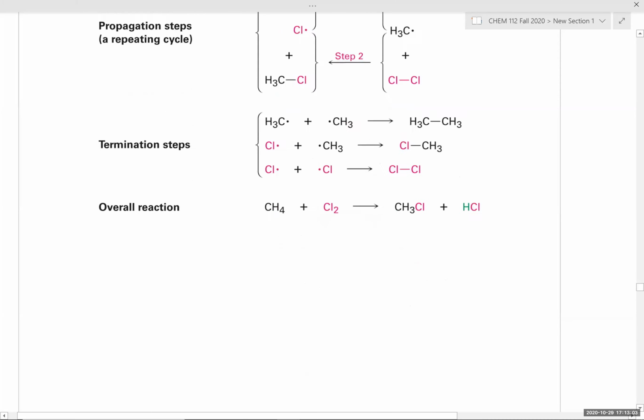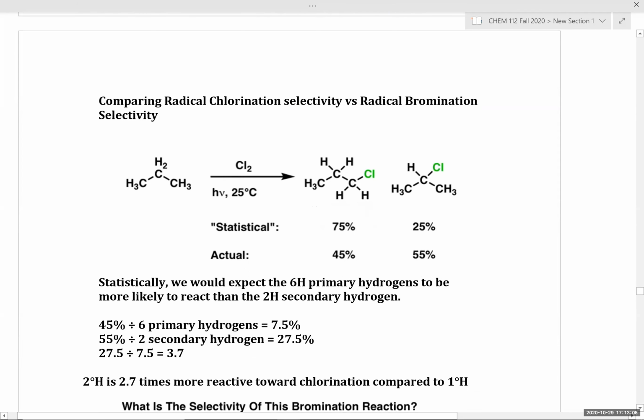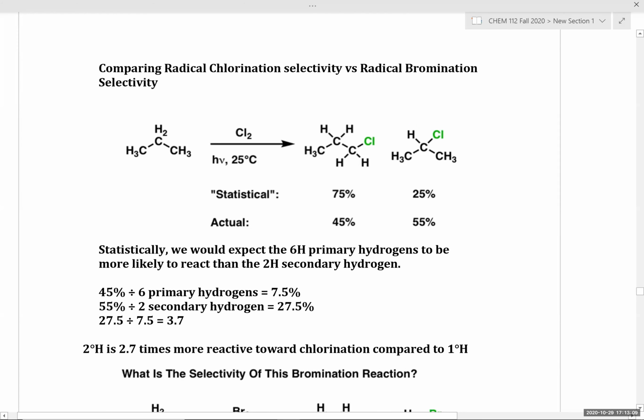Okay, so that's what we're looking at right now. Now, if we think a little bit about the selectivity for radical chlorination versus radical bromination, if we just look at the total number of hydrogens, comparing the primary and the secondary position, we see we have 6 primary hydrogens and 2 secondary hydrogens. So we would expect a 3-to-1 ratio of primary to secondary if we were just grabbing hydrogens at random. Statistically, you're more likely to abstract a